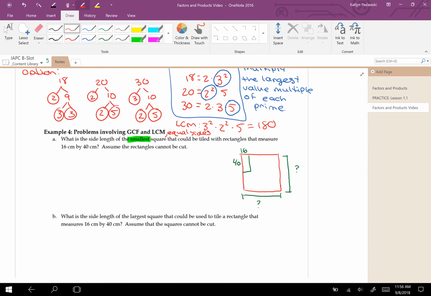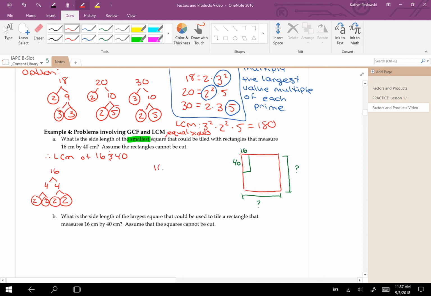So I'm going to use factor trees, multiples of 16 and 40. Here's the factor tree for 16. That can be broken into 4 by 4. Neither of them are prime numbers. 2 and 2, 2 and 2. That was easy. So now we have